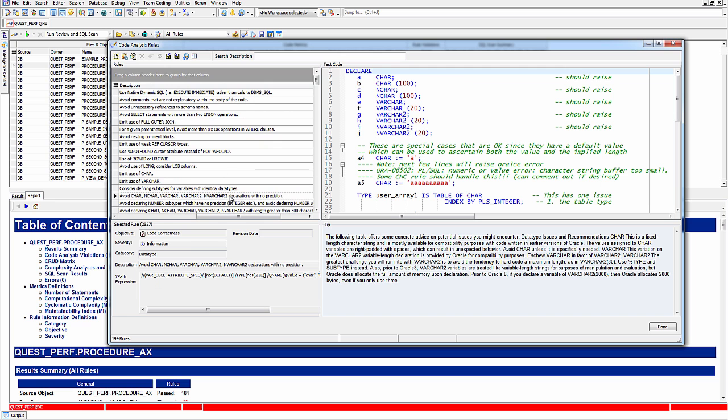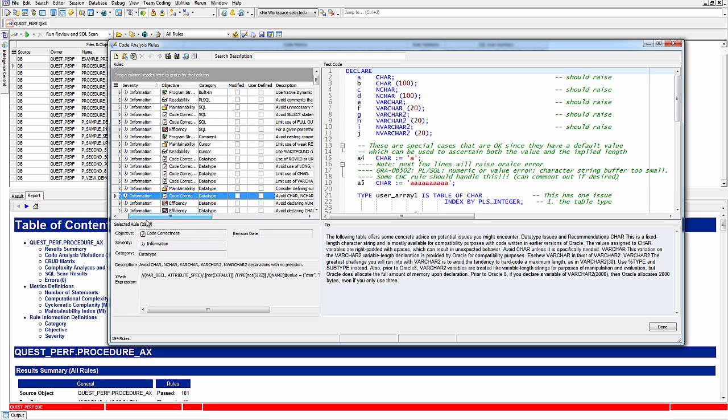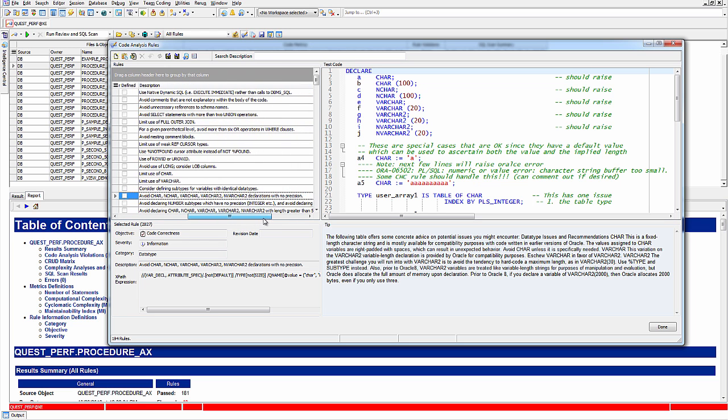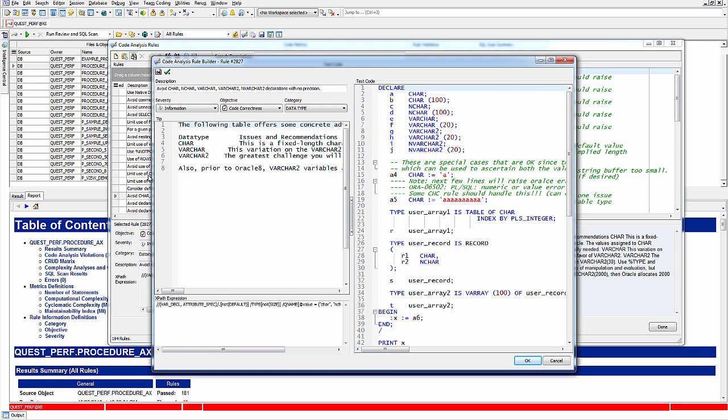So here's an example. If I select this rule here, 2827, this is a code correctness rule, and it's looking at the use of some of these specific data types, char, nchar, varchar, and so forth. Now, it might well be in your organization that you never use nvarchar2 or nchar, and so there's no point in having them in here, and you might want to remove them. And so what you need to do is edit this particular rule. So having selected the rule, I then come up to the toolbar here and say Edit Selected Rule,